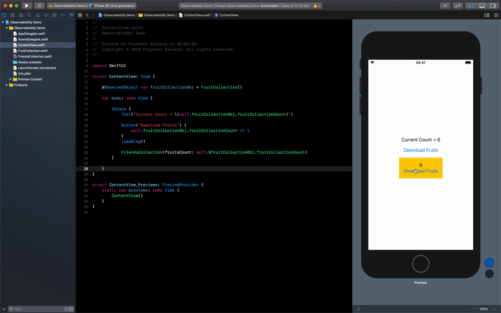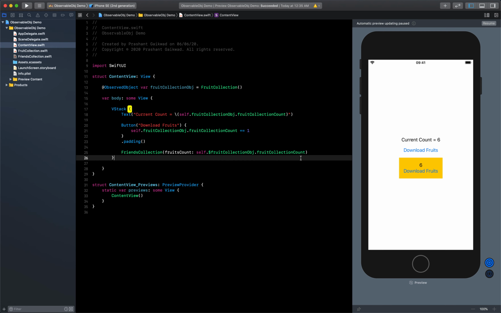Okay, so this is all good, but what happens is, for one view from parent to child is good, we can pass the value and we can update it. But what if it is going from parent to child, then child to subchild, and inside that then grandchild, and so that hierarchy is continuously increasing. It is going more and more deep. So that time it will be very hectic to pass these values and handle all that.